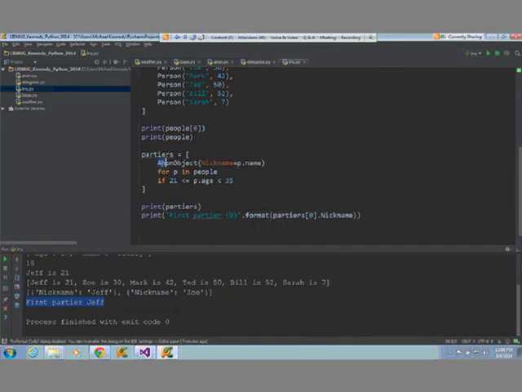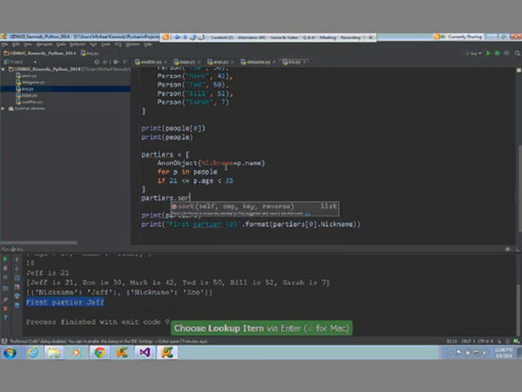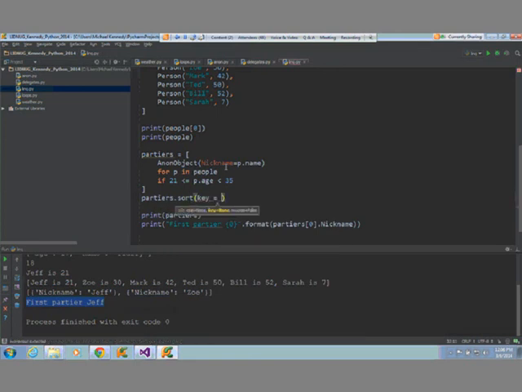So this is very similar to LINQ. We've got our projection, we've got our looping, we've got our where. The ordering really should happen in a different place. So at the end I need to say partiers.order, sort rather. And you just say what is the field you want to sort on. So I can say I want to sort on, given a lambda that takes a person, they go to ts dot, let's sort by age.